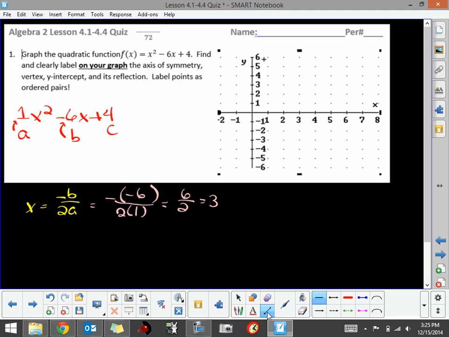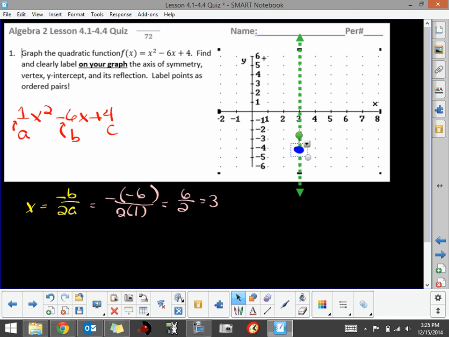And I'll try to use these lines that are a little bit easier to read. It is a vertical line that is dashed. It's part of our graphing aid. It's not an actual part of our parabola, but it's our graphing aid. That's our line of reflection. And what we've talked about repeatedly is that our vertex, so I'm just going to plot a point on here, is always going to be on the axis of symmetry,